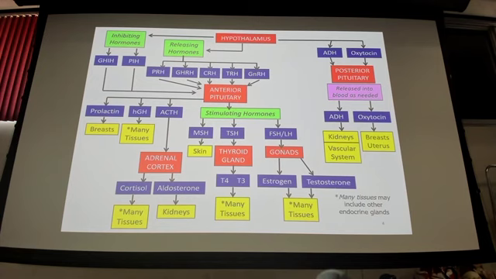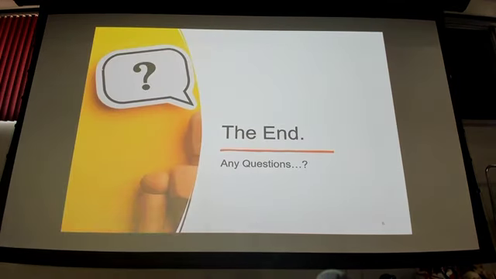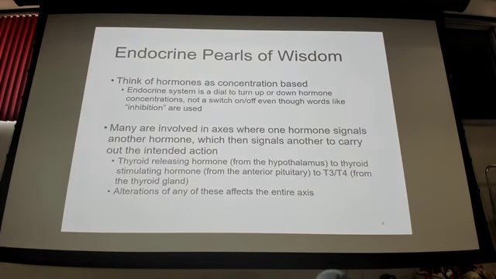All right. So, pearls of wisdom, just to start thinking about this, it's like a dimmer switch rather than a light switch, all right? So, stimulating and inhibiting hormones don't turn things on or off. They turn things up or down in general, through positive and negative feedback loops, and we'll talk about exactly what that means, all right?